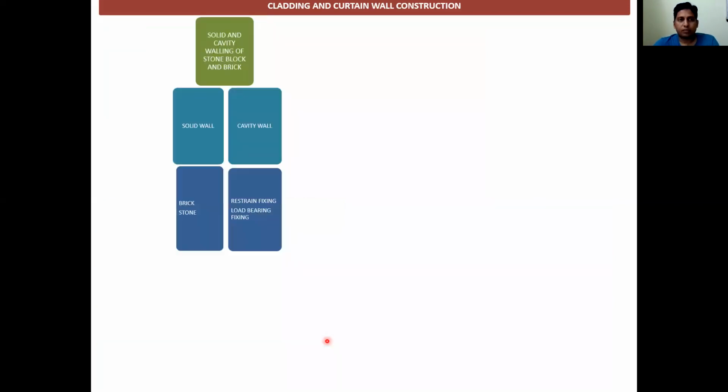Now, next topic, that is solid and cavity walling of stone, blocks and bricks. Definitely both have their own advantages at their own level, and according to the climatic weather conditions, the availability of material and the technology, all those techniques are getting used.